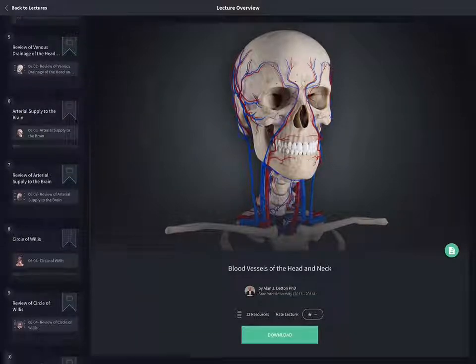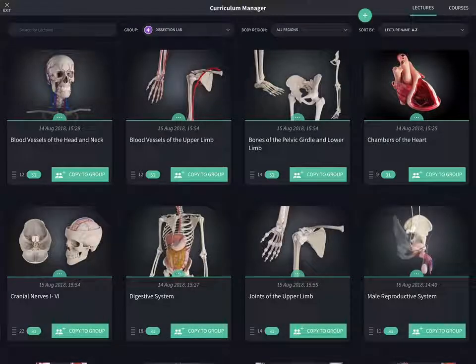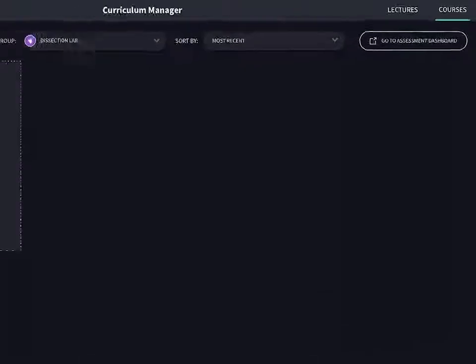Ready to share with your students? Let's go ahead and add your lectures to a course. Adding a lecture to your course is easy. First, choose Courses from the tabs along the top of your screen. Choose the group that your lectures are saved in,